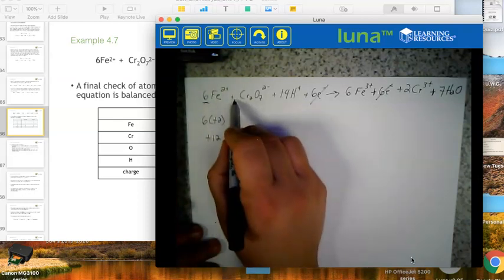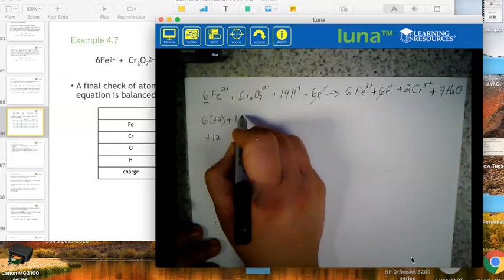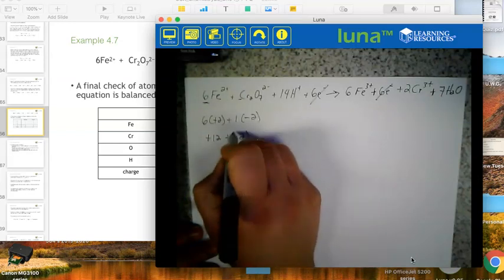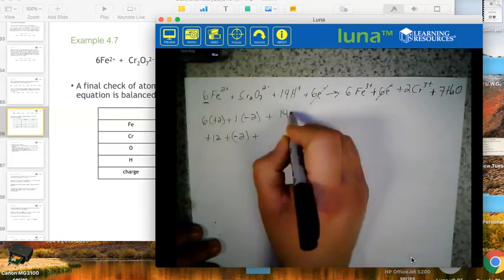Okay. Then here the coefficient's nothing there, so it's assumed to be 1. So plus 1 times negative 2, which is a negative 2 there, plus 14 times 1, positive 1, so that's